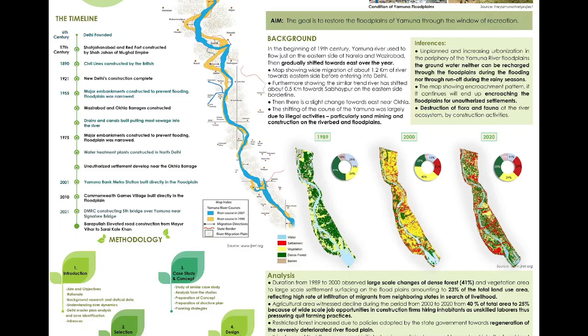But after some time, the Delhi government took initiative and started restricting forest area, and forest area increased from 20 to 29% on the floodplains. But it can be seen in the area that settlement has increased a lot, around 26 to 28%.